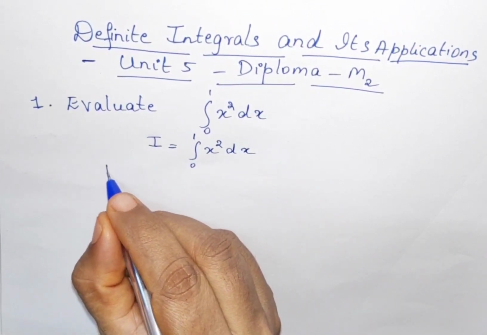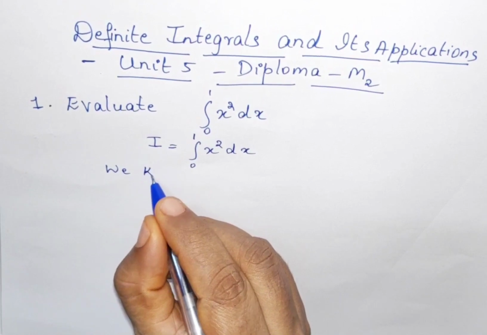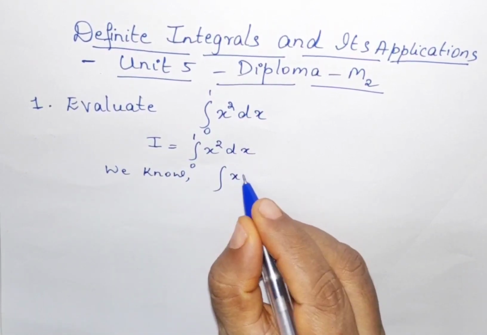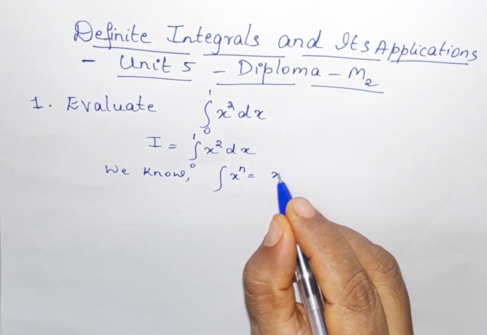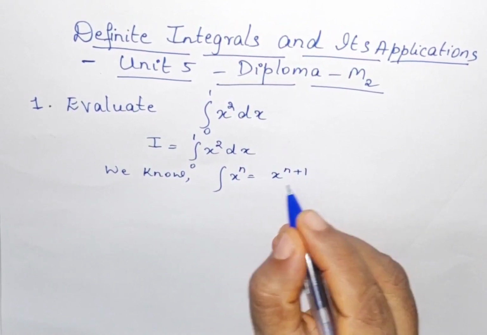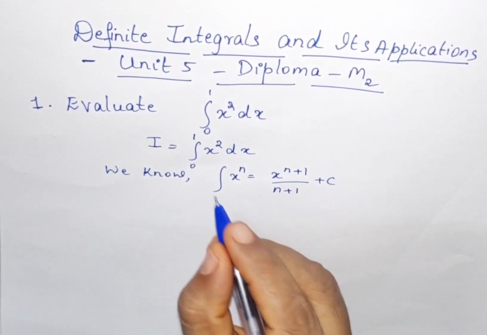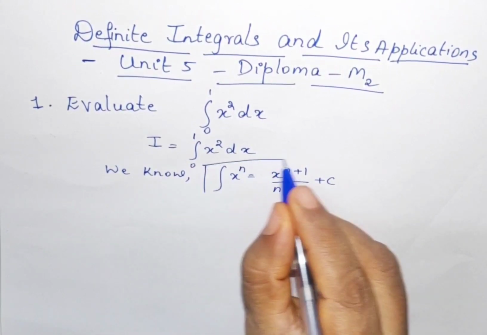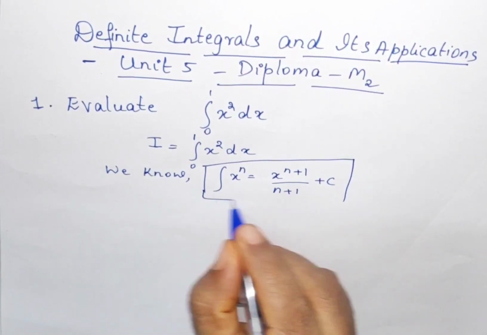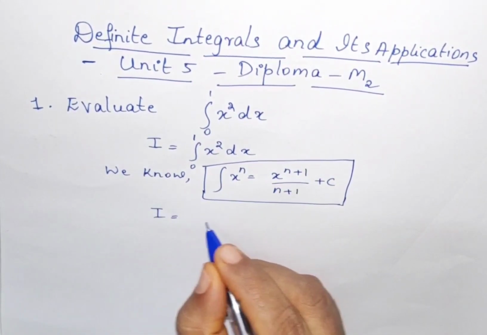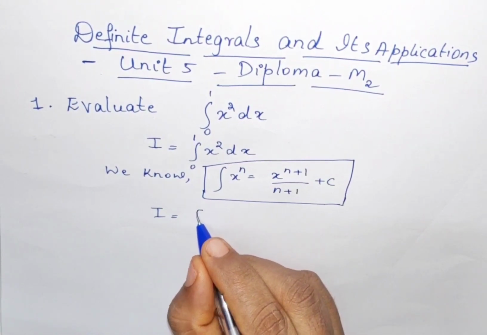After this, we will have to substitute the integral of x square. That is, we already know a formula: integral x to the power of n is x to the power n plus 1 by n plus 1. So, our x square looks like x to the power of n, so we can apply this formula of integration in this sum. So, I will become integral